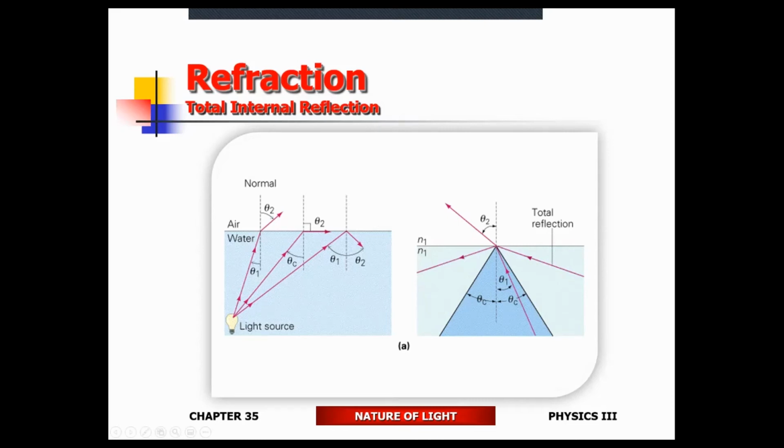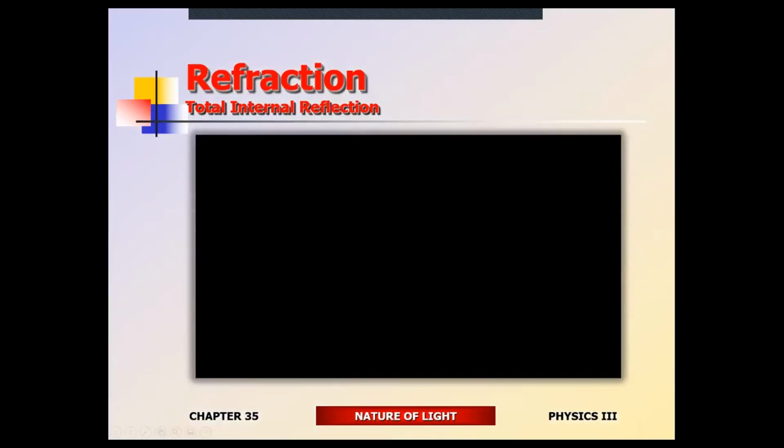At the critical angle, when the angle of incidence is the same as the critical angle, the refracted ray is going to be parallel to the boundary, so it moves parallel to the air-water boundary. Angle larger than the critical angle, internal reflection. Angle smaller than the critical angle, light escapes. That's it.